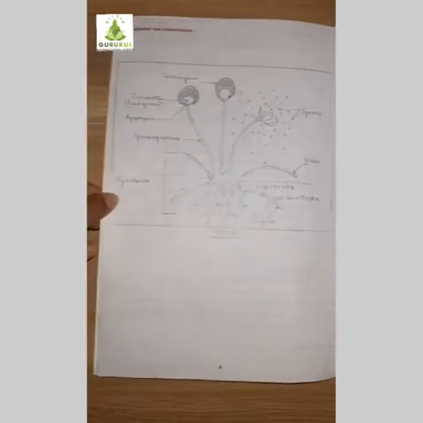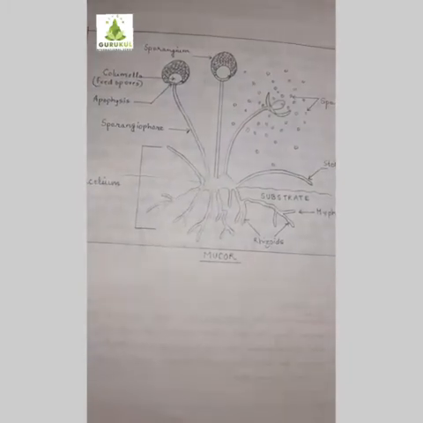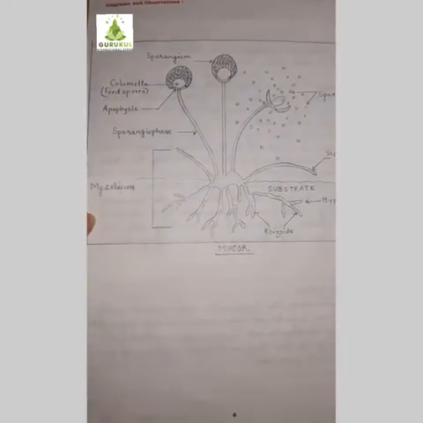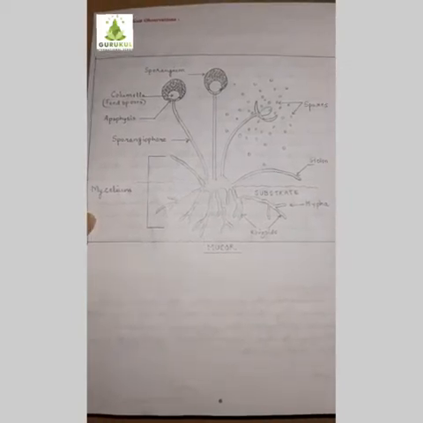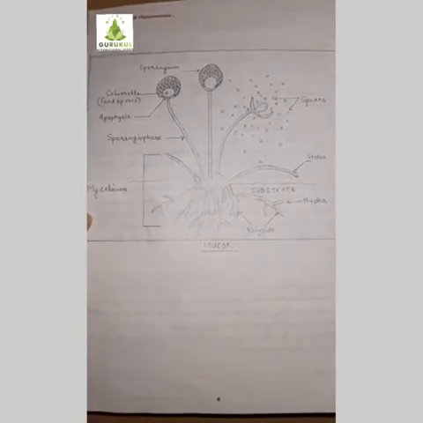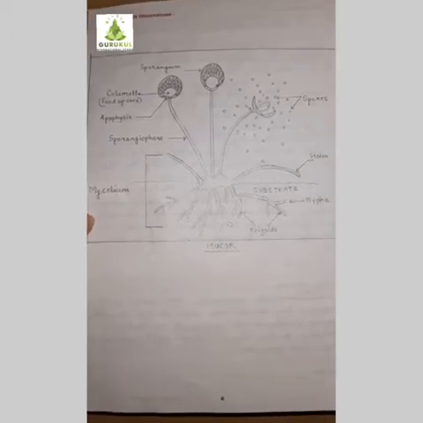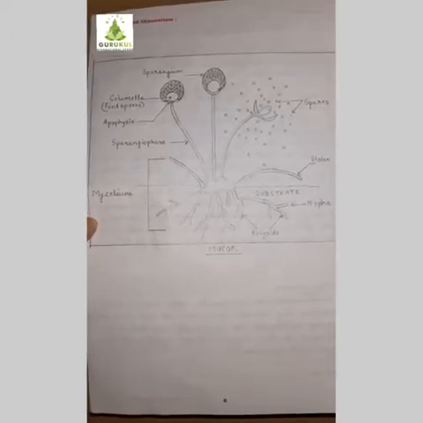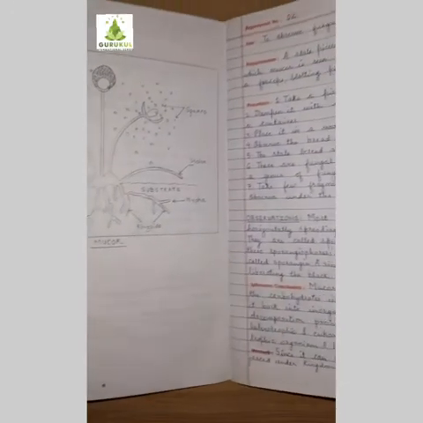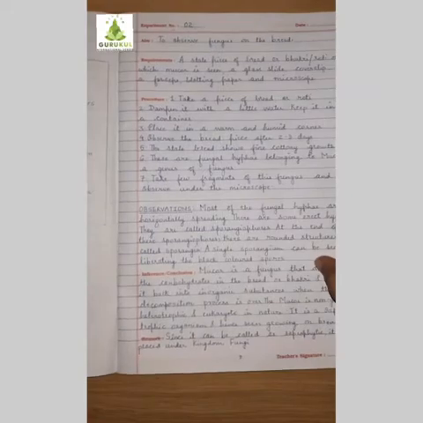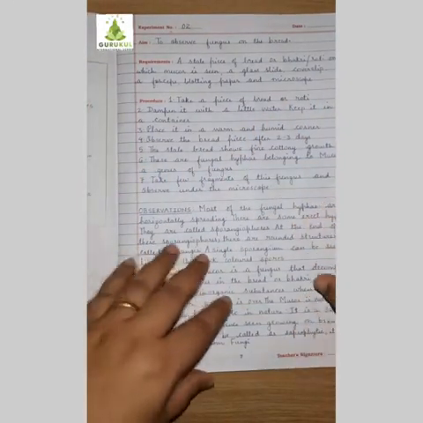Then comes your 6th page. So here you can see I have drawn the diagram of mucor. We are observing fungus. So this is the diagram of mucor, students. Can you see how neatly it is labeled? Use scales while labeling. And then put it in the box nicely without spelling mistakes. Write all the labelings correctly. So this is how I have drawn. With the help of these 2 experiments, I think you have got an idea how to write the journal.